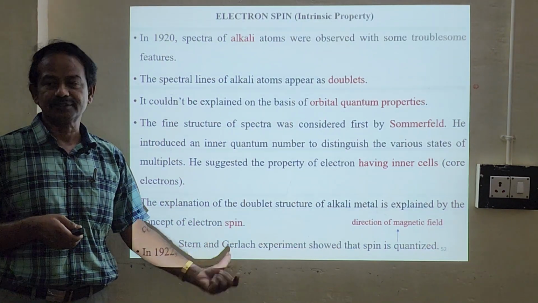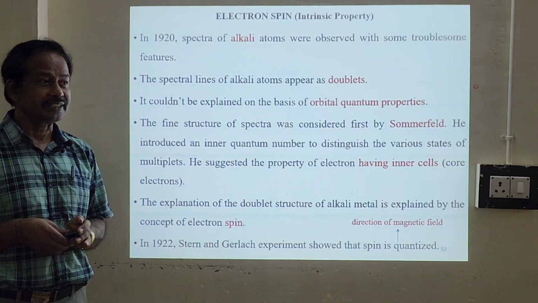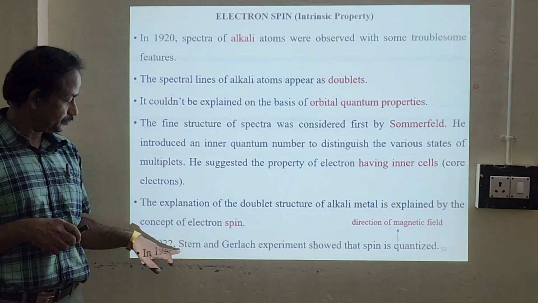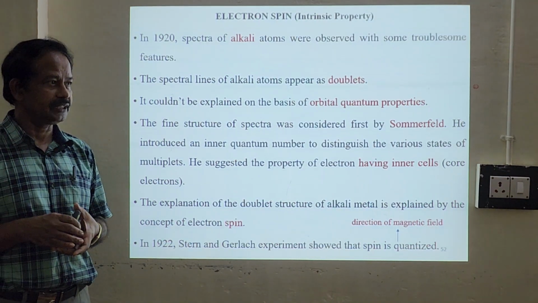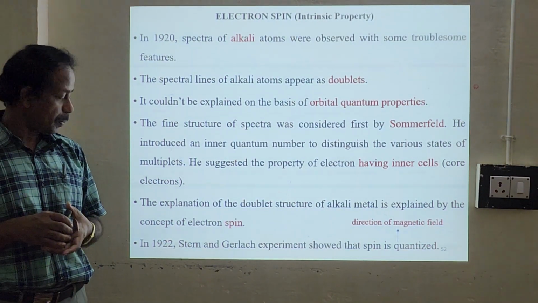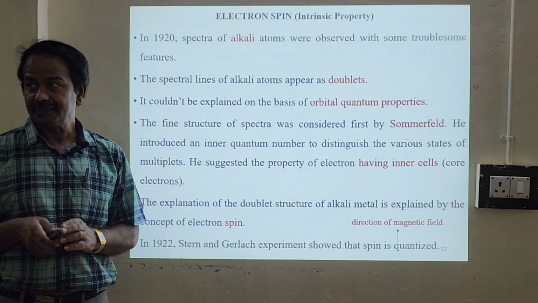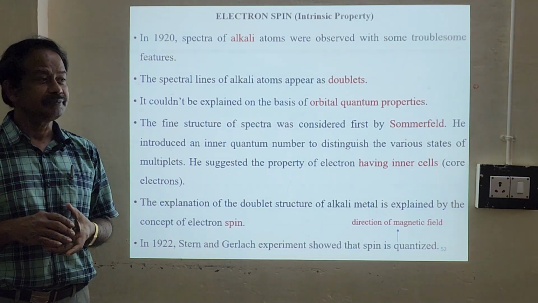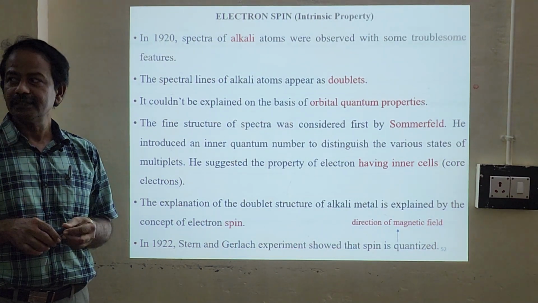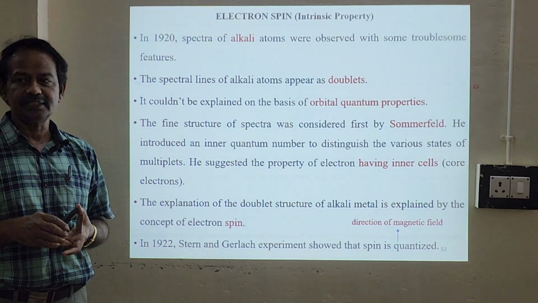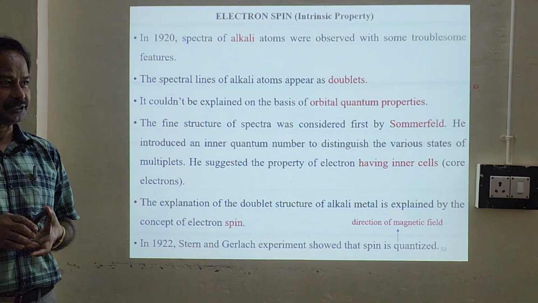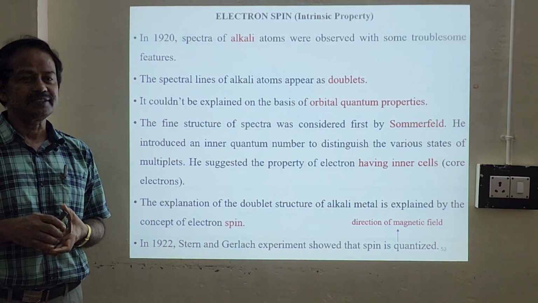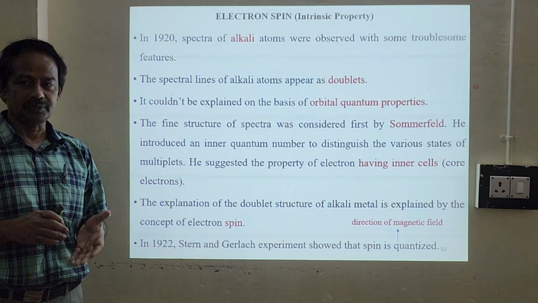The Stern and Gerlach experiment, in the year 1922. Stern was from Poland, from a Jewish family. He was a theoretician, and he studied chemistry, especially physical chemistry. In Poland he obtained his PhD in physical chemistry. In the 1910s and 1920s, Albert Einstein gave a lot of lectures in and around the universities